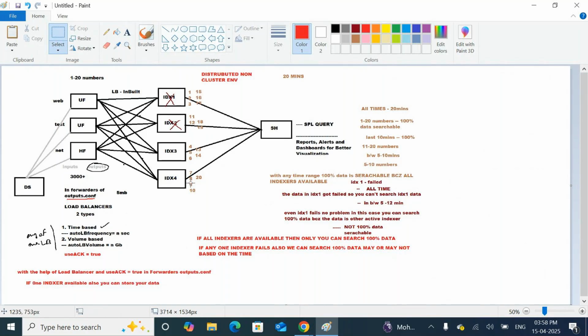Splunk will behave based on your parameter. If you mention frequency, the load balancer will work time based. But at the end of the day, the events will be stored there itself. Events are nothing but one event, two events, three events, four events. For understanding purposes, I just used numbers. Okay, sir.